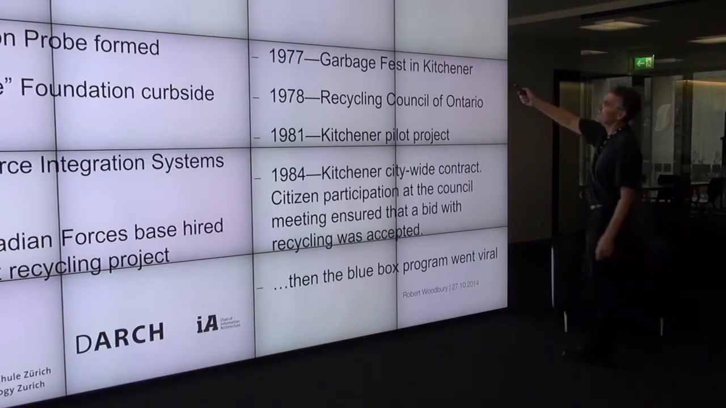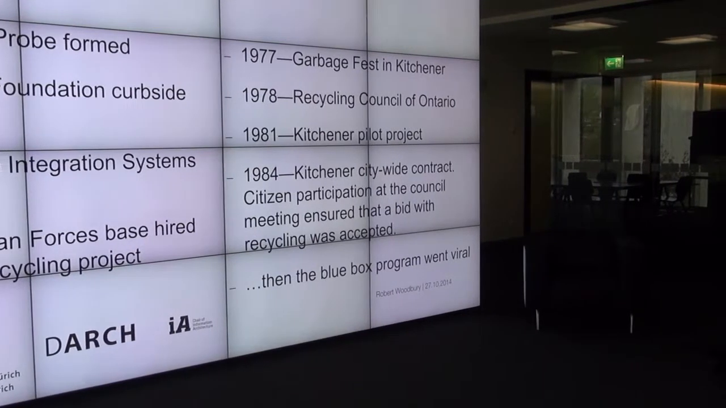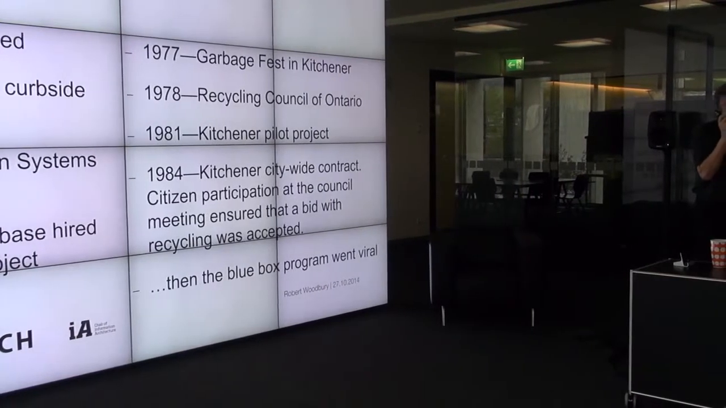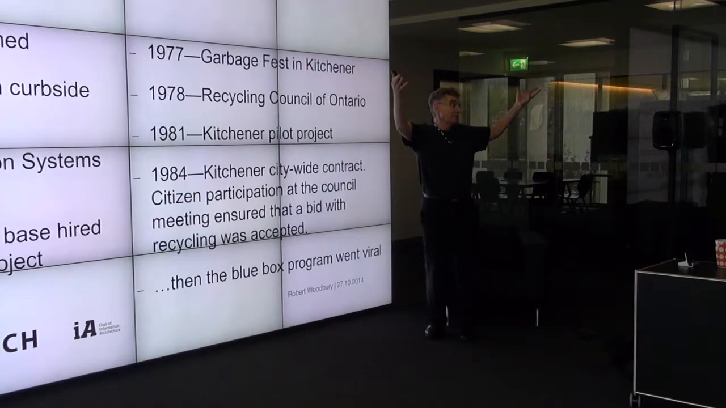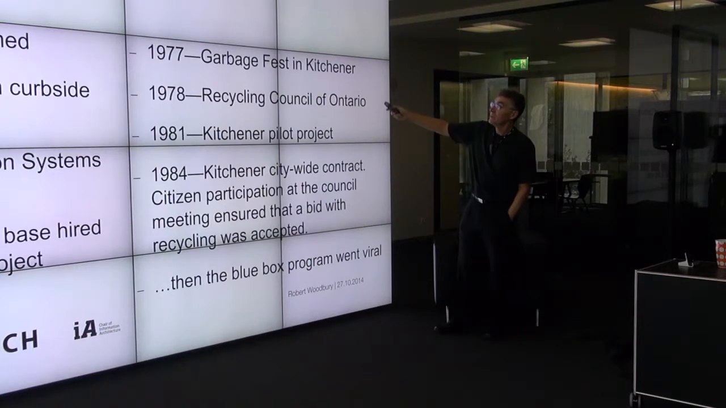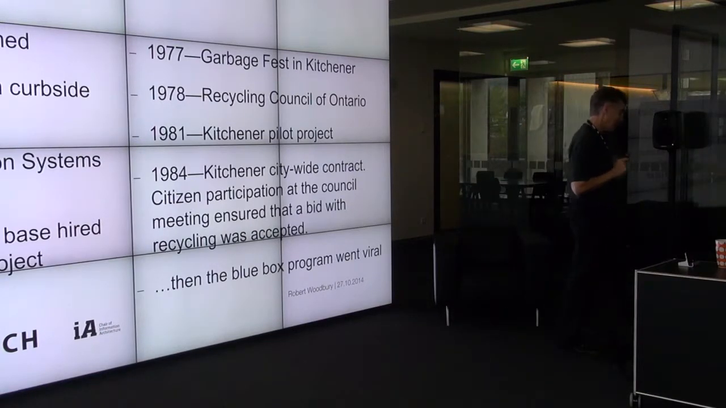In 1977, there was a community-based grassroots bottom-up festival organized in Kitchener. Why Kitchener? It's a college town. You guys were the ones who organized this festival. It wouldn't have happened in a non-college town. Organized this garbage fest, which brought this into the awareness of the Kitchener-Waterloo community. Kitchener and Waterloo are two twin cities. In 1978, another non-profit, the Recycling Council of Ontario, and in 1981, there was a Kitchener pilot project in which